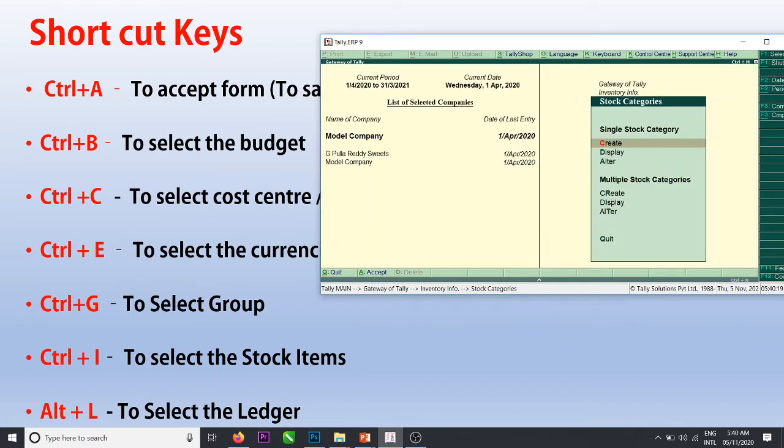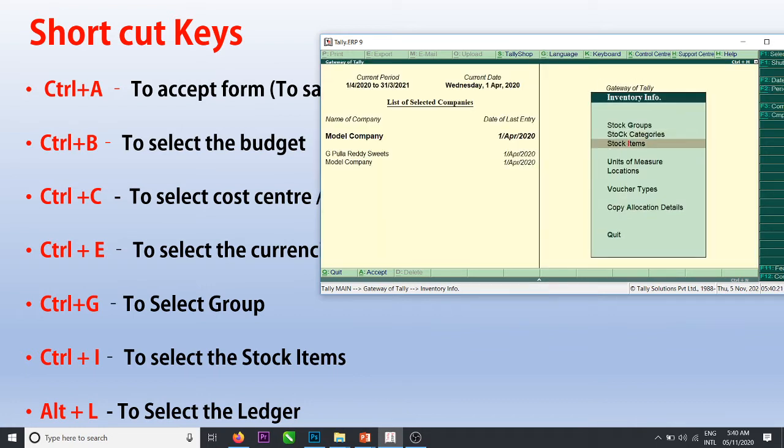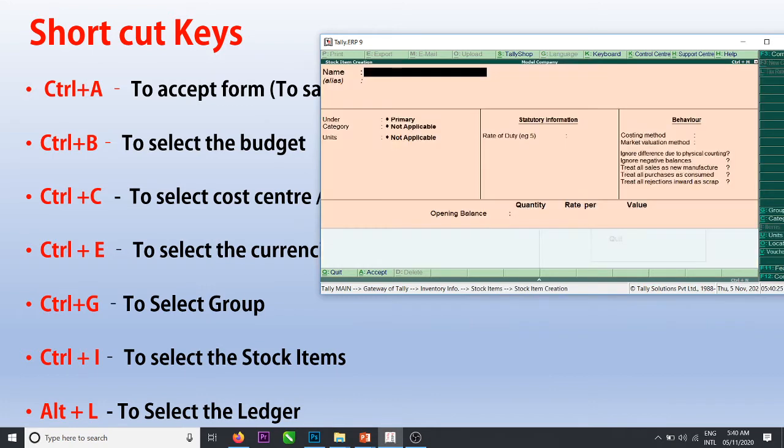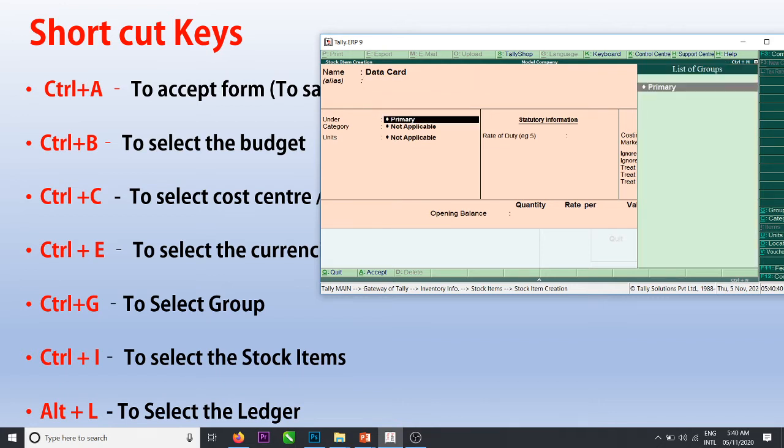But directly I will create a stock category whenever I am creating the stock item. Data card. Here stock category is not applicable. What I want is a stock category. Primary is there.